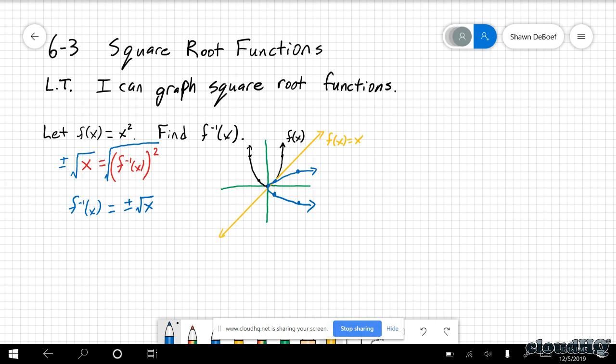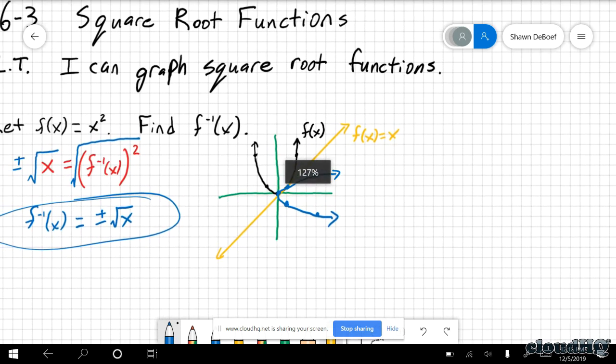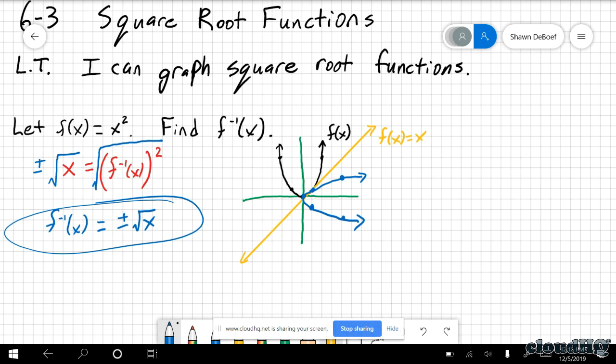What I want to highlight now, because today's section we're going to be graphing square root functions, is to remember what the inverse function was. Wasn't it a square root? There's actually two of them, because doesn't that mean positive square root of x and negative square root of x? When I put both of those graphs together, apparently it gives me this sideways parabola. We talked in that same lesson that sideways parabola is not a function because it doesn't pass the vertical line test. But what we see here is that's actually a positive square root function and a negative square root function.